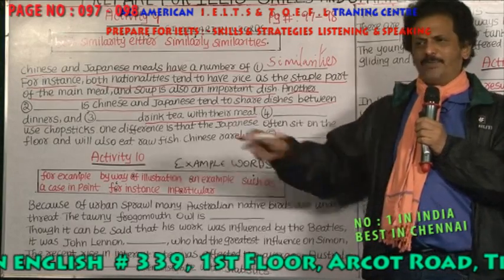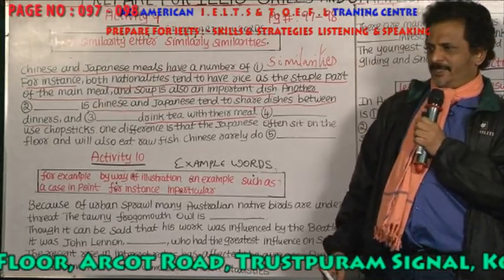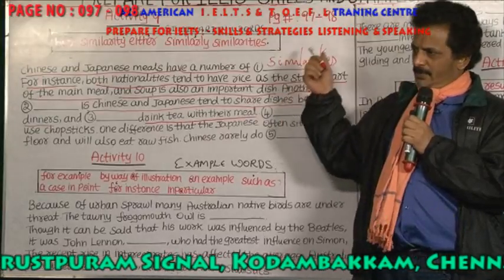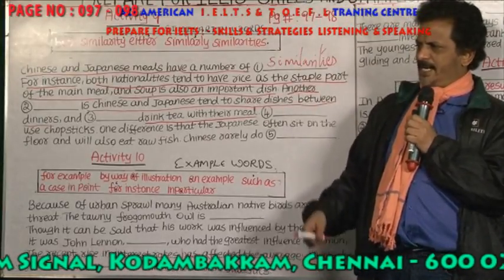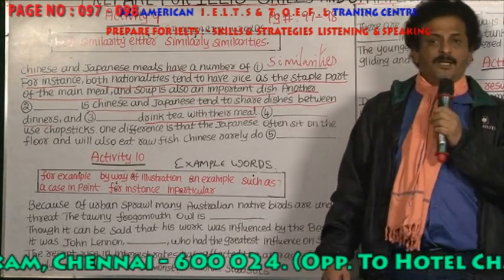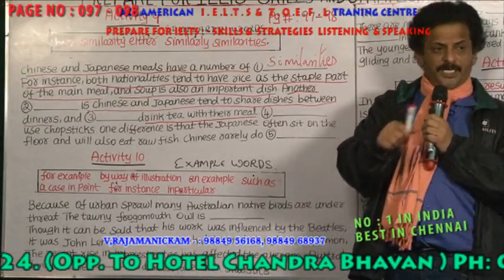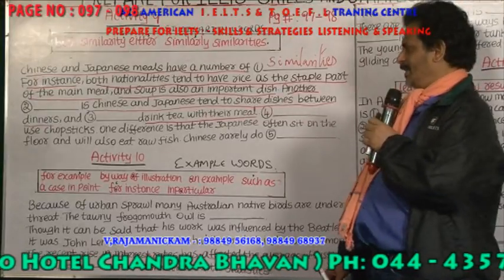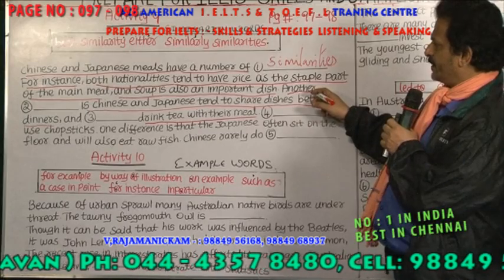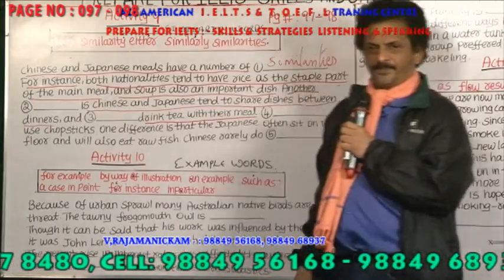What do you mean by meal, sir? Is it breakfast or lunch or dinner? Meal means all three. Breakfast is also a meal, lunch is also a meal, dinner is also a meal, supper is also a meal, brunch is also a meal. What do you mean by brunch? Eating between breakfast and lunch, a food. So, okay, neither, what is that word you can say? Neither, second here, neither, similarity.